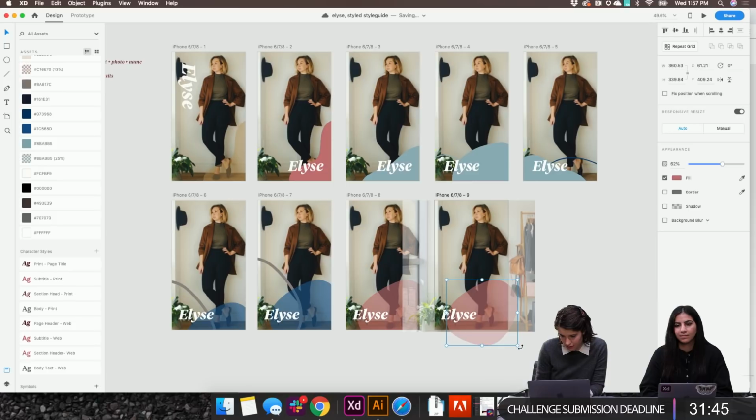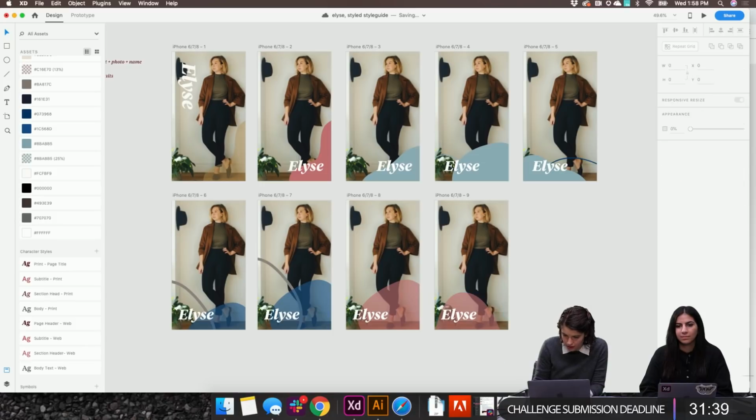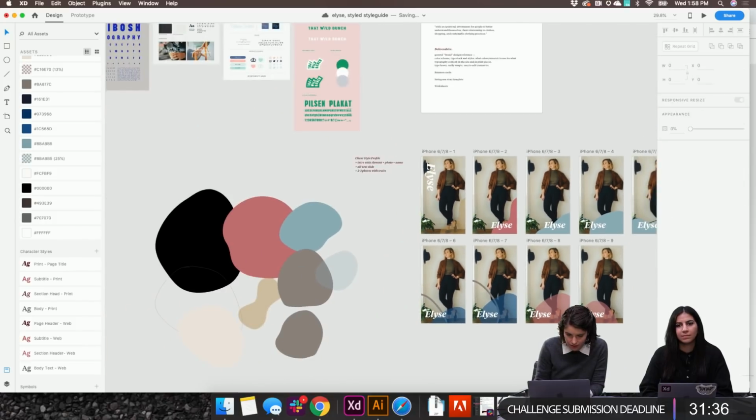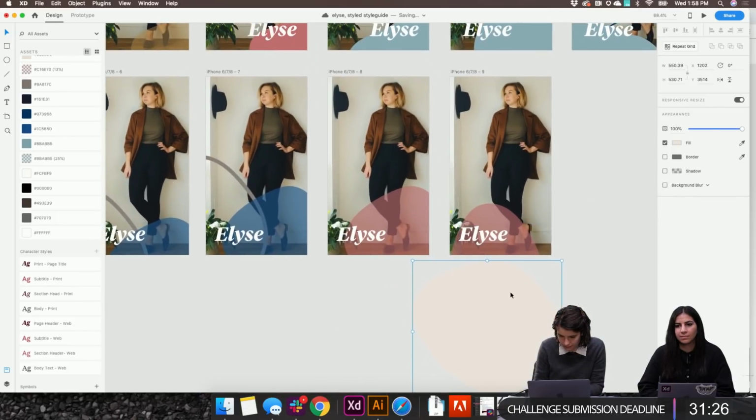Let's bring that back, but do a left side version. I think I want the shape to have a little more interest to it than this one.